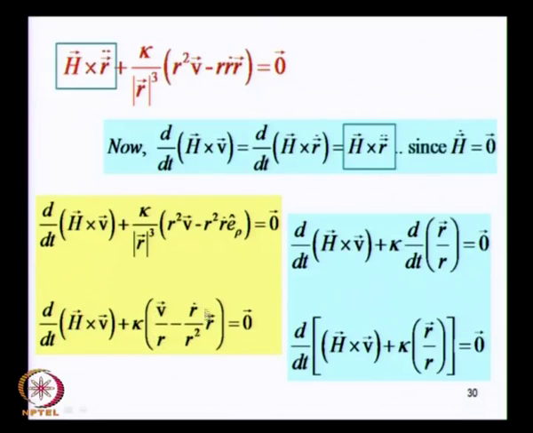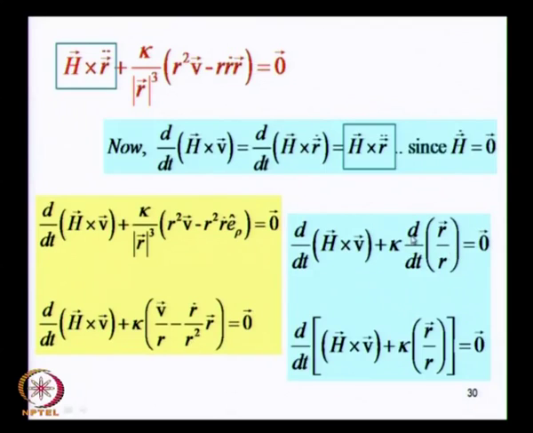v over r minus r dot r over r square, this is nothing but the derivative of this unit vector, because this is the derivative of a ratio. So, it is 1 over r times dr by dt, the rate of change of the position vector, which is velocity over r, and then minus the position vector times the derivative of 1 over r, which is minus 1 over r square, which is what you see over here. So, this second term can be easily seen as the derivative of this unit vector,